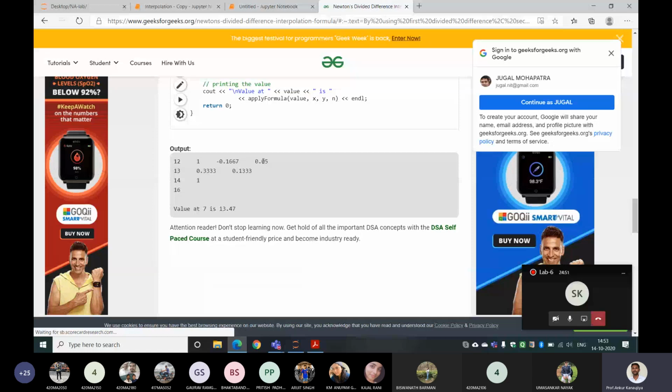Then this is called the divided difference table. The size of the divided difference table will be n cross n if the data size is n. That means if the number of interpolation points is n, then the divided difference table size will be n cross n. And these entries you can keep as 0, no problem. So we'll create a matrix of size n cross n and store this table. That means we'll create it one by one. With the help of this, we'll calculate this column, then we'll calculate this column, and then we'll calculate this column.